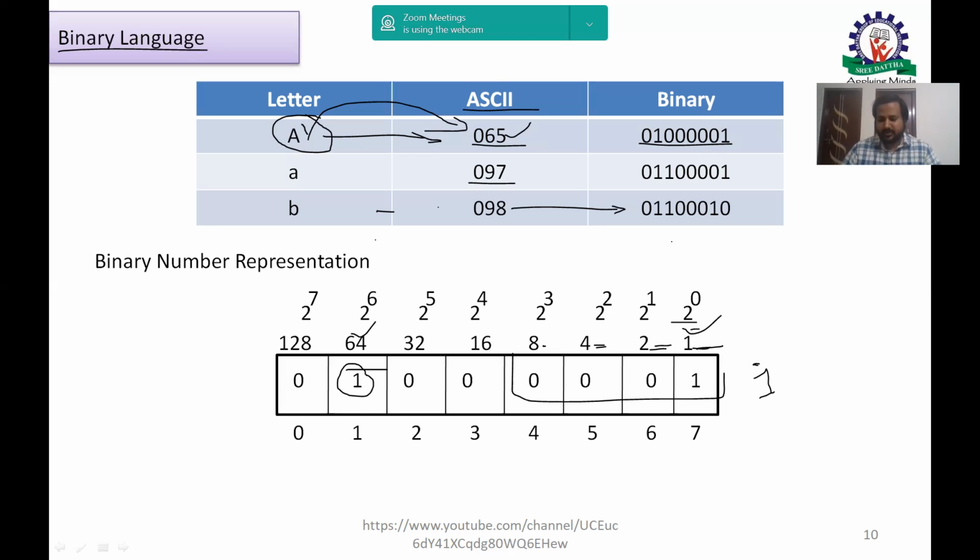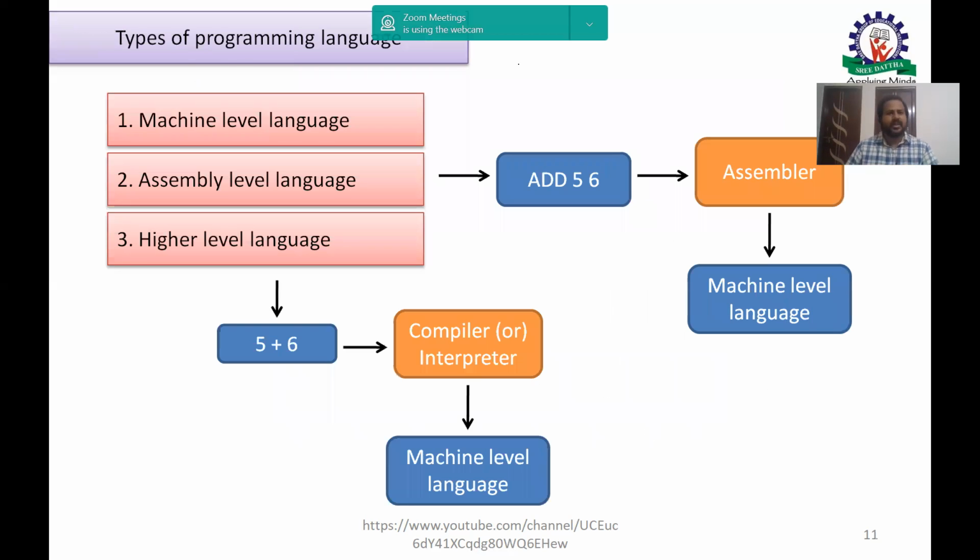Okay, so next, there are different types of programming languages. One we have already discussed, that is machine level language. That machine level language is nothing but binary language, that only the system can understand. And now, if you want to write a huge number of instructions in binary language, it is not possible for the users,